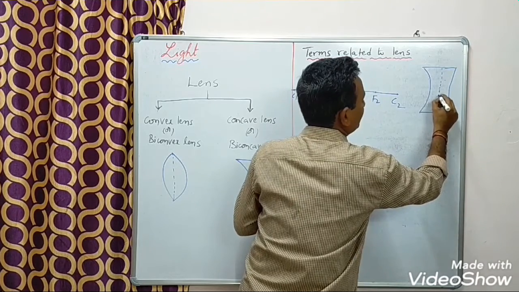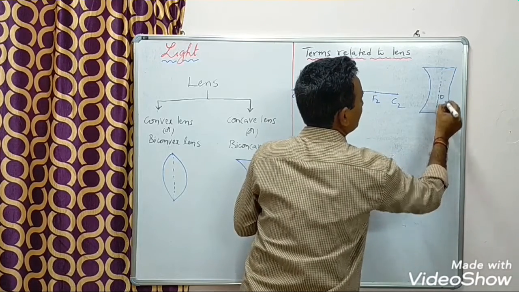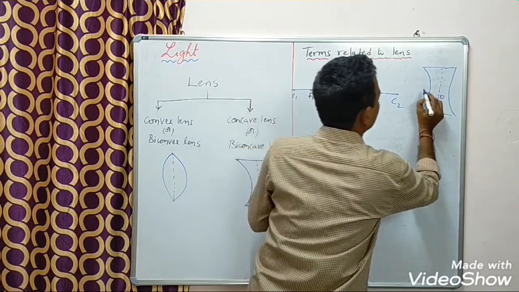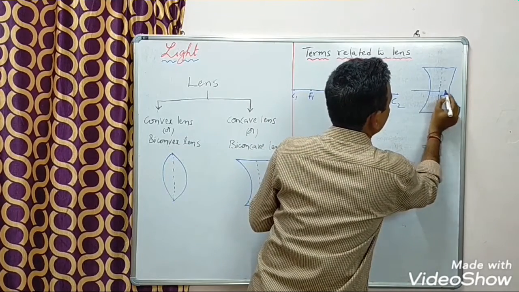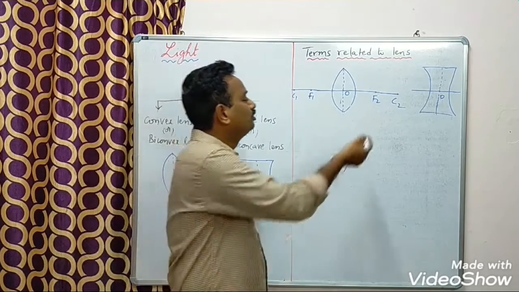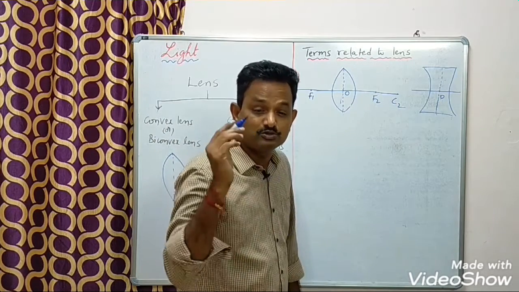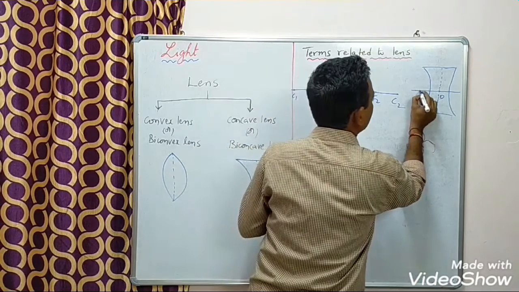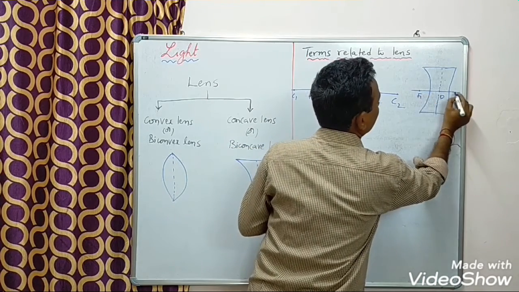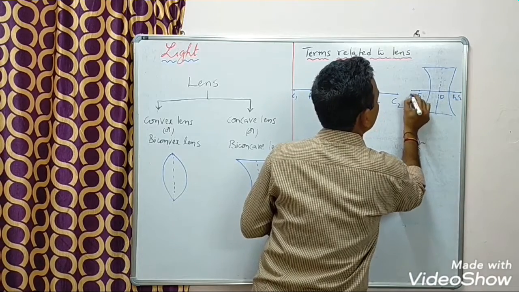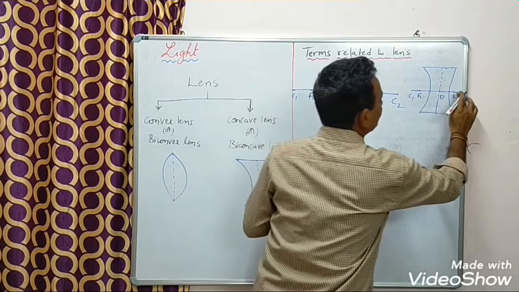If you observe concave lens also, here the center of concave lens through which light will pass, that is called optical center. So through which an imaginary line will pass, that is called principal axis. Here also we have two principal focus and two centers of curvature. Okay. So here, for suppose here if I consider F1 and here F2 and here C2, and here C1. Okay.